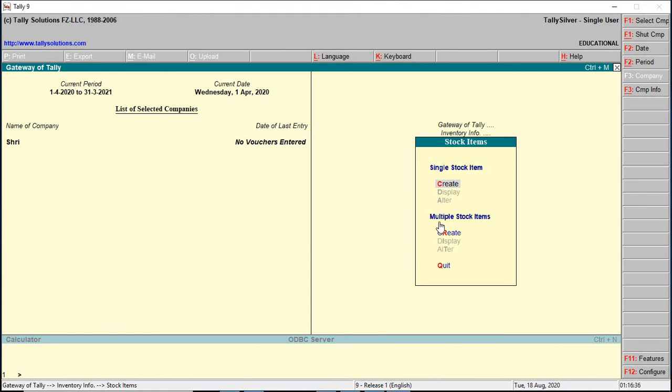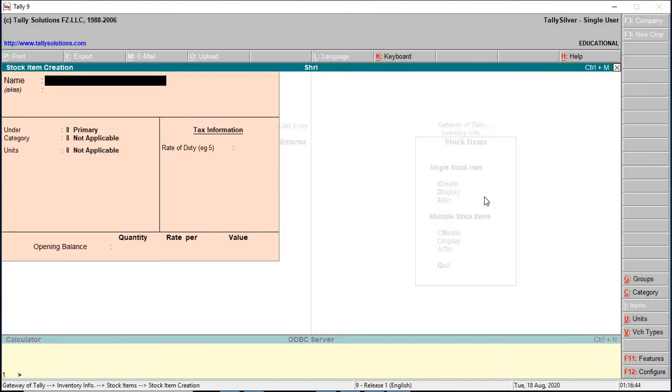Otherwise, select Create under Multiple Stock Items. The stock item creation screen will be opened, wherein the required information about the stock item can be provided.